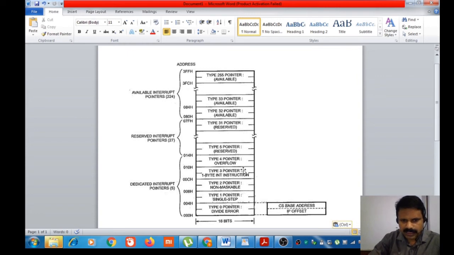In this way the INT n instruction works. To get the IP value, the type number is multiplied by 4. Then to get the CS content, type number into 4 plus 2. You will get the vector of that interrupt type.